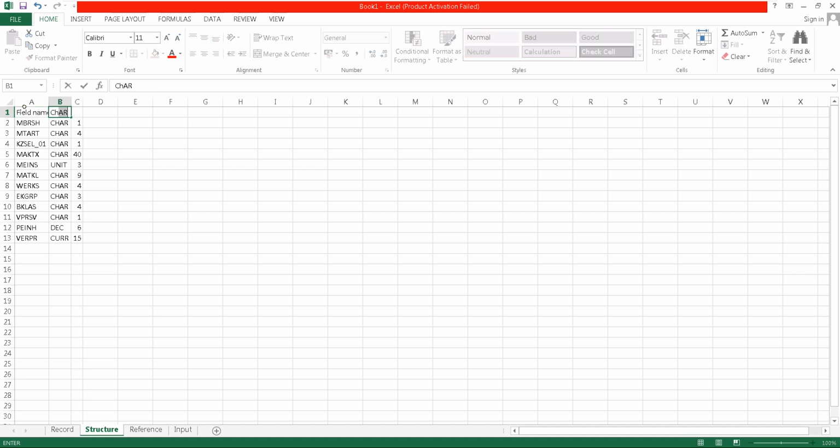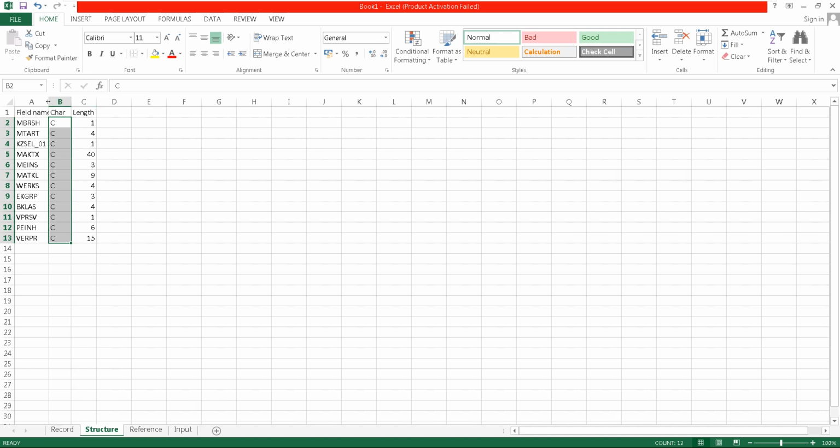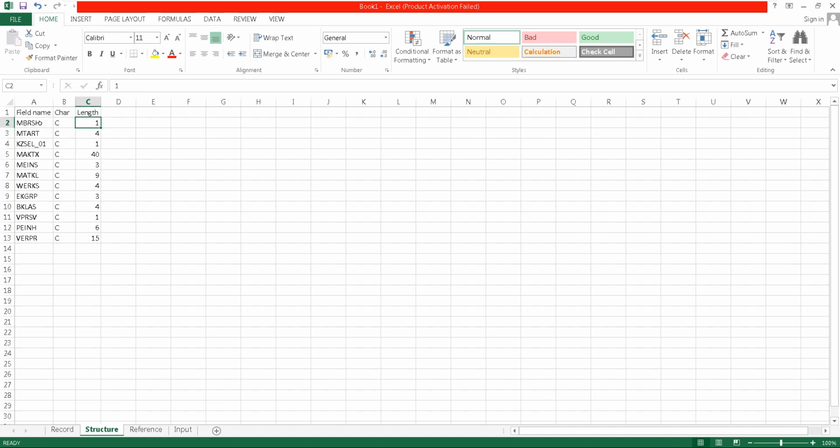This is characters. This is length, how many characters we can maximum enter. In the characters, all the fields should be C. C for characteristics. Now I change it. I will explain why this data is required for these formats.